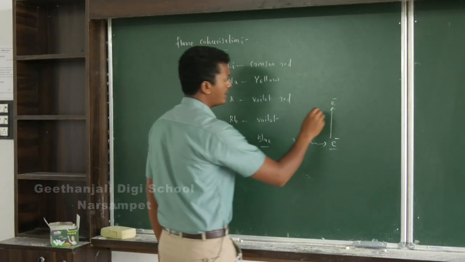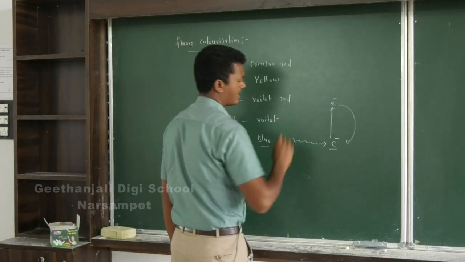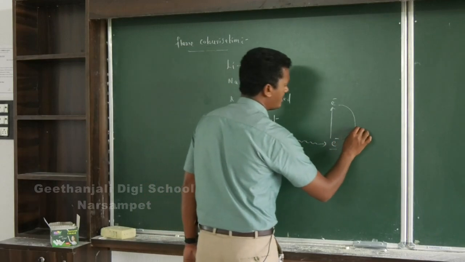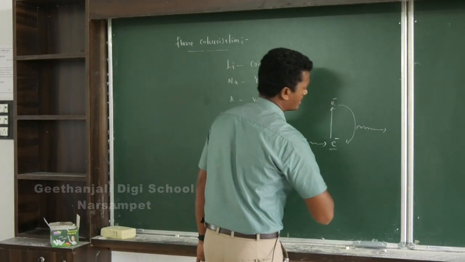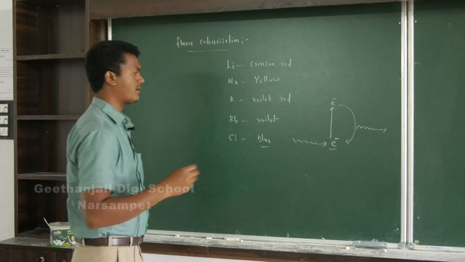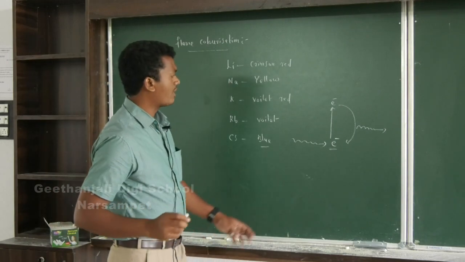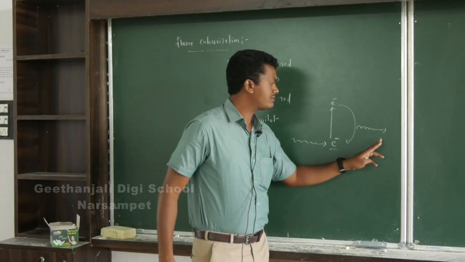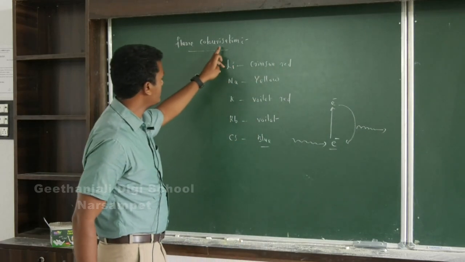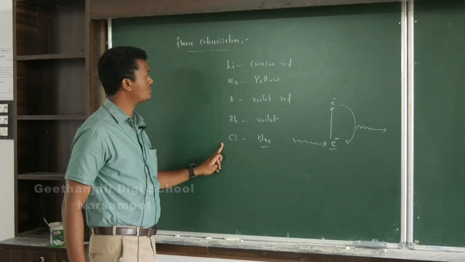While the excited electron comes down, it emits energy in the form of radiation, a photon in the visible region. While the energy is released in the visible region, these characteristic colors are shown by